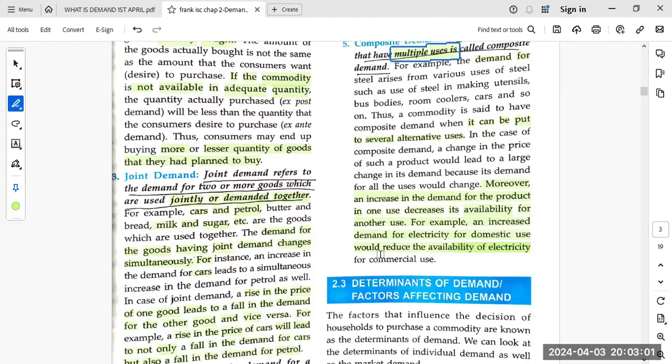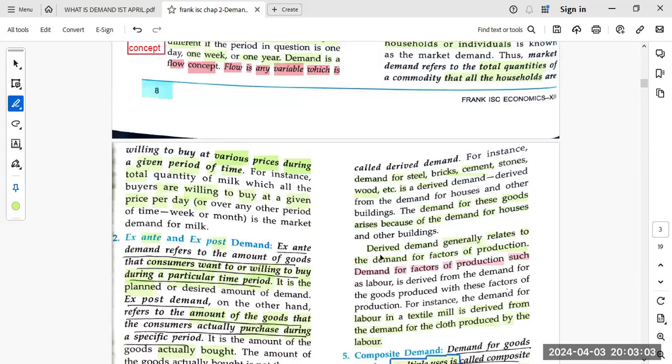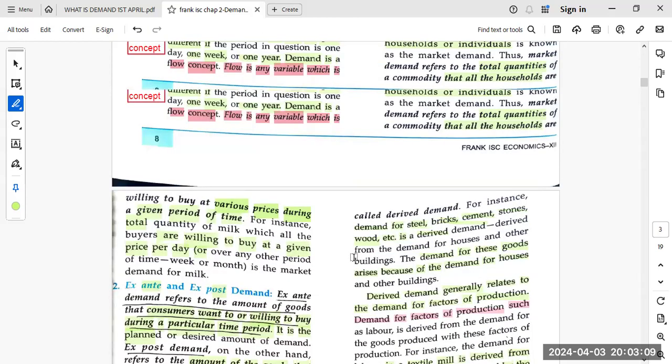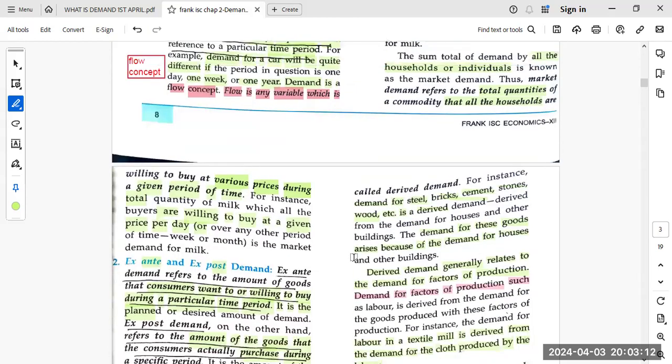So let's stop here. Yeah, Rohan, tell me. No, ma'am, I'm still confused about derived demand. Actually, one example came to my mind. Like if I purchase milk, the demand for milk products will increase, like paneer, ghee, etc. But those come under composite demand. So what can be an actual example of derived demand?